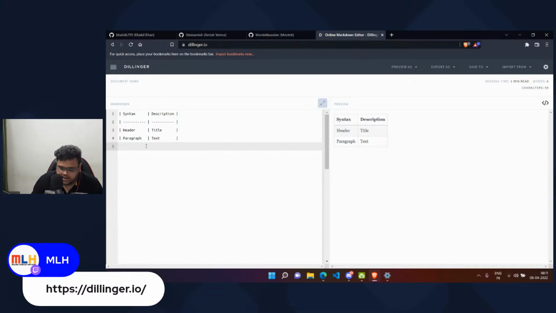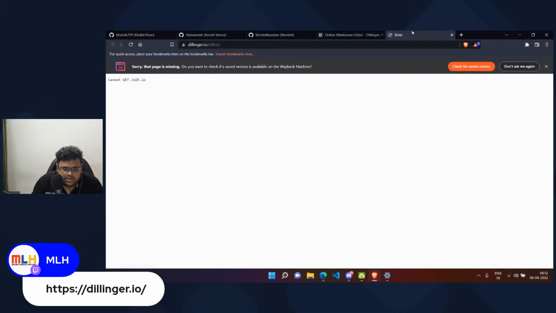Now, what if we want to put a hyperlink on a text in a GitHub README? We'll use square brackets and then parentheses. The square brackets will contain the text of what we want to link. For example, we want to link, big insert by mistake, no problem. If I want to hyperlink the MLH website, I'll use this. So basically, this is the text we want to highlight, and this is the link we want to hyperlink. If we click on this link, it will take us to mlh.io.